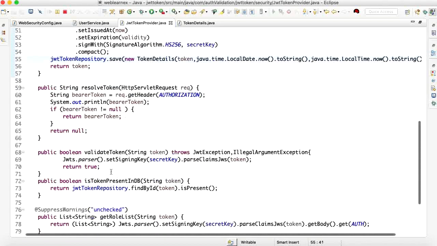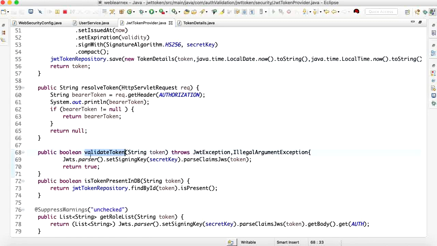For checking purposes, to see whether a token is valid or not, there is one method, validate token. I pass the token here, and it will automatically filter out the token from the JWT memory and return whether the token is true or not. If it is false, then it automatically shows the exception.